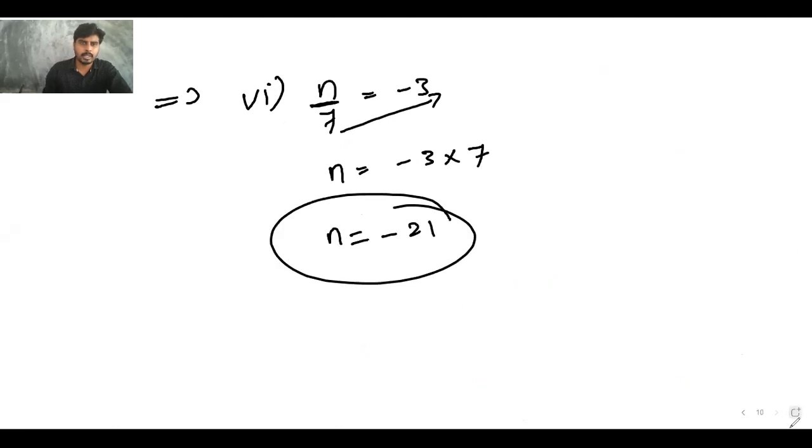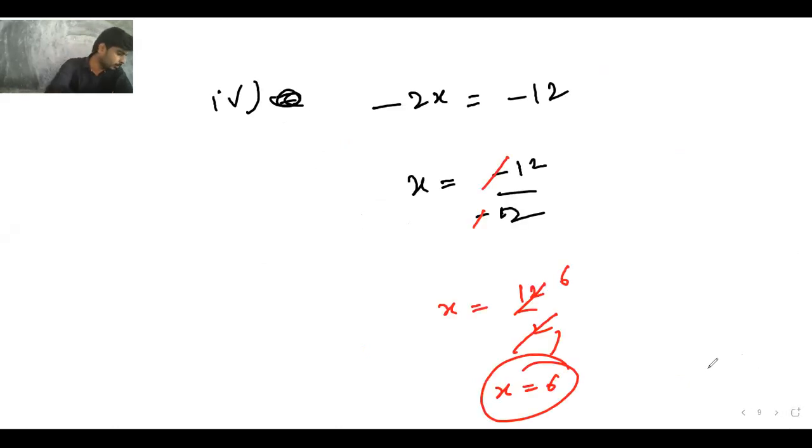Next, shall I go for next? Look at ninth one. 3p minus 7 is equal to 0. Look at ninth one, Nana. 3p minus 7 is equals to 0. Now what it becomes? Sit down. Rahul, please pick it up. Observe carefully. 3p minus 7, Nana. What we have to transpose here?